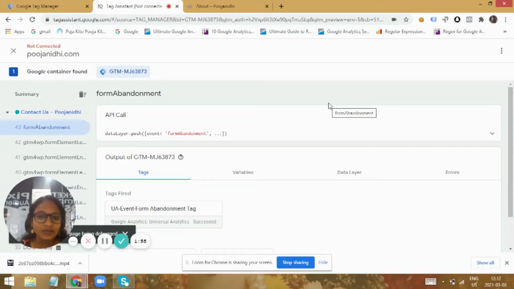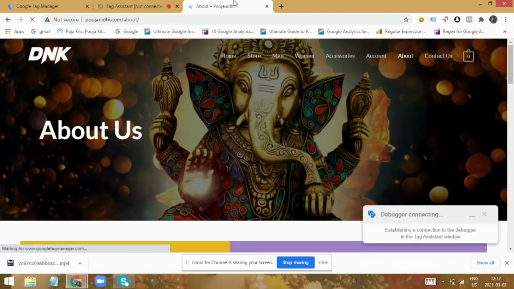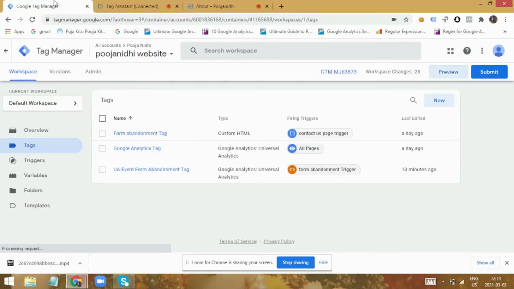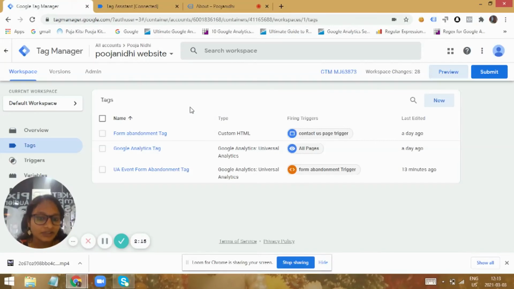So all this kind of high-end stuff could be implemented only using JavaScript, and that too through Google Tag Manager. So as a marketer, to implement any advanced strategies or advanced tracking techniques, you need to be aware of the skills and the techniques that are used through Google Tag Manager to track the very minute actions performed by the user and the most important actions that are performed by the user on your website.